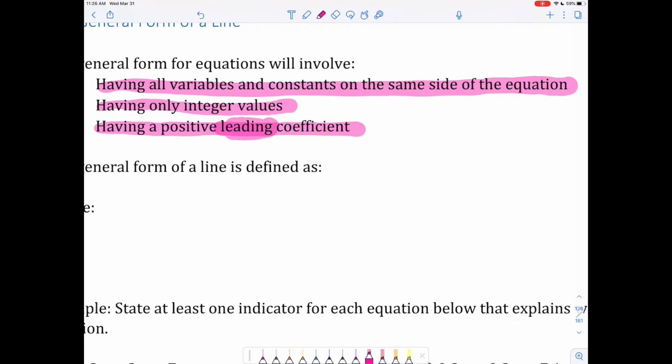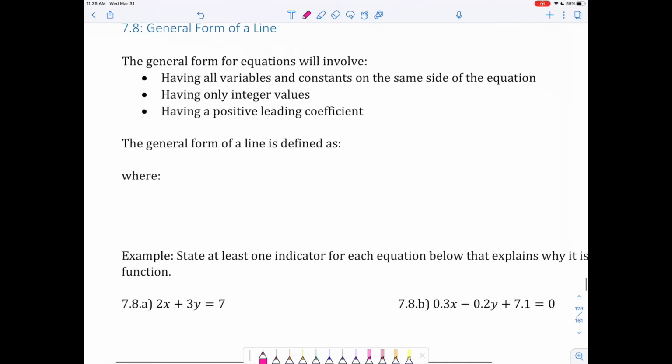Leading? What does leading even mean? Probably that it comes first. So whatever the first coefficient we see is, that one will have to be positive. As such, we define the general form of a line as ax plus by plus c equals 0